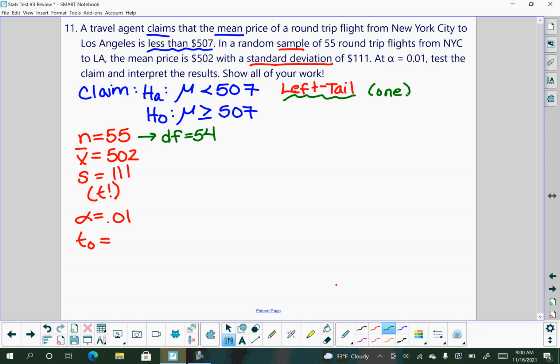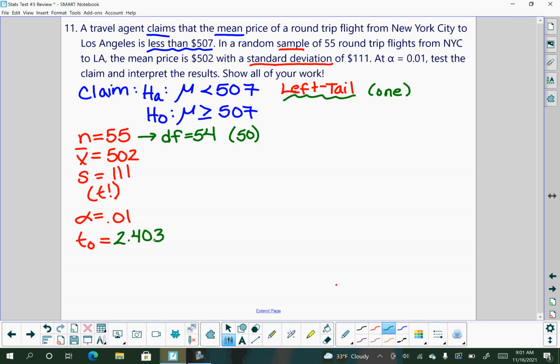If you do not have a degree of freedom listed, you're going to choose the value that's closest to that degree of freedom but less than that. So we're actually going to use 50 degrees of freedom, because that's the closest but less than the value that we have. So 50 degrees of freedom at one tail, level of significance 0.01, you guys should see 2.403